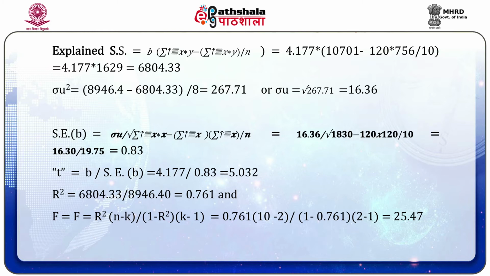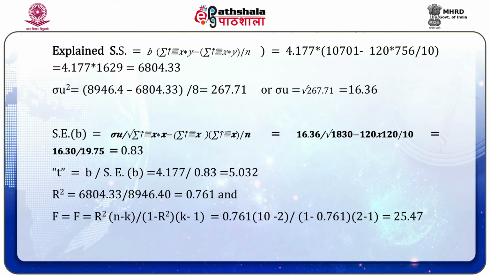R square is equal to 6,804.33 upon 8,946.40, which is equal to 0.761, and F is equal to r square into (n minus k) upon (1 minus r square) into (k minus 1), which is equal to 0.761 into (10 minus 2) upon (1 minus 0.761) into (2 minus 1), which is equal to 25.47. F value for df is equal to 1, 8